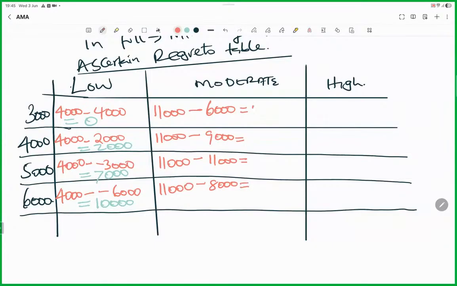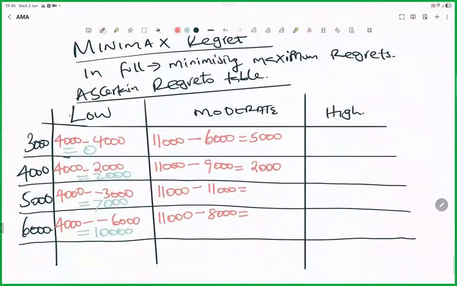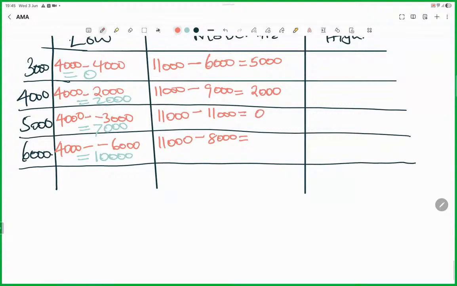The first one is giving me a figure of 5,000. The second one, 2,000. The third one, 0. The last one,